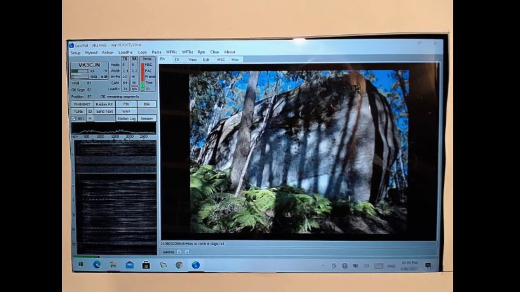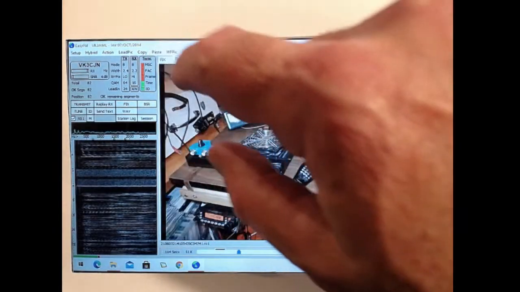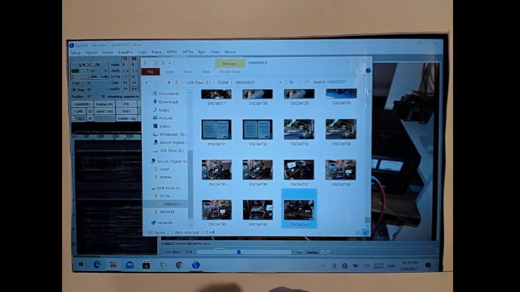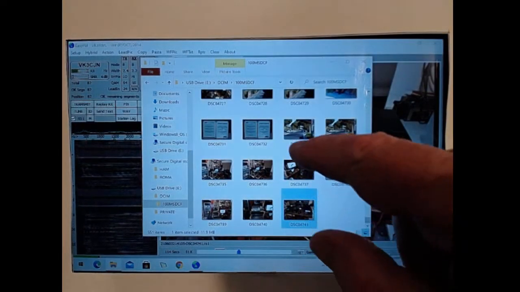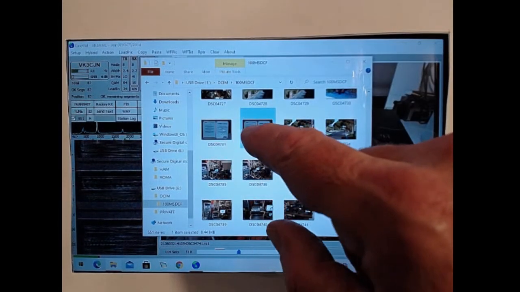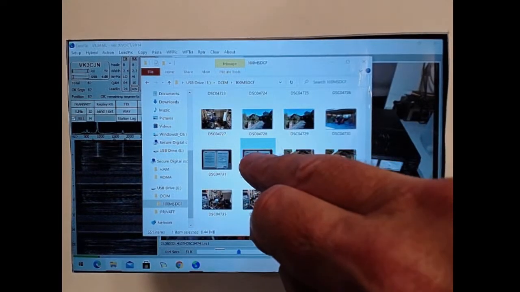Okay, VK3CJN, please explain. Well, knowing that we had a new member of the group, I thought it was an opportunity to send a Word document, and that was one that I picked up today.